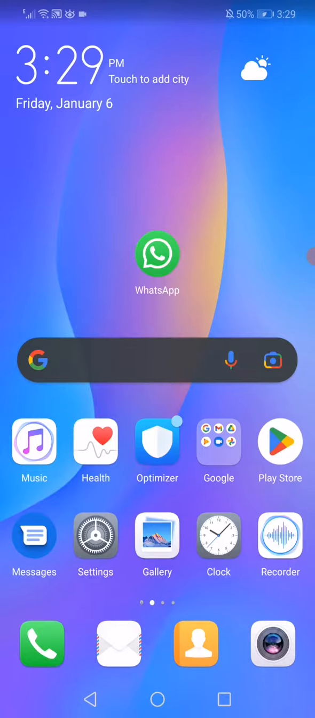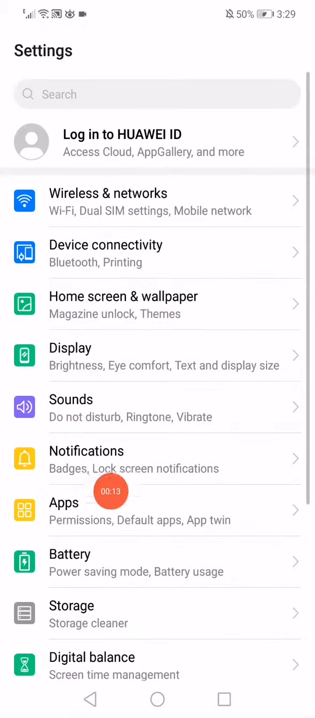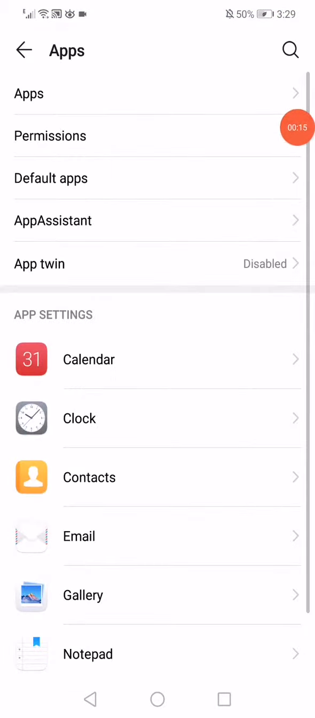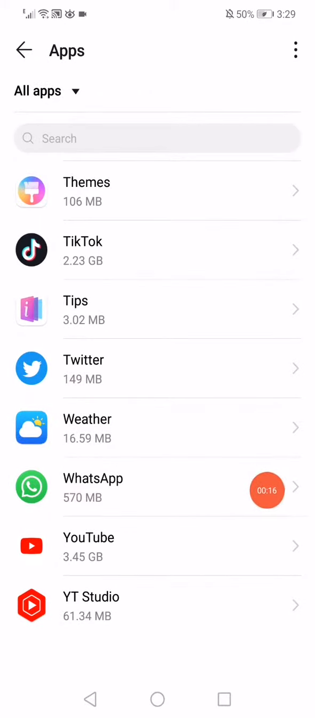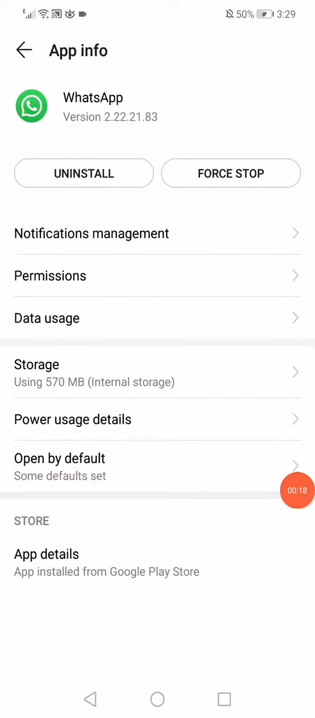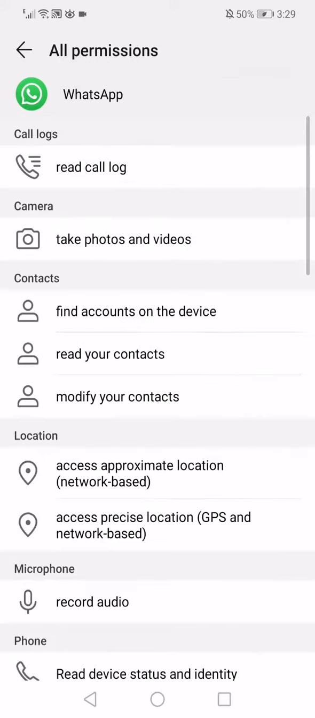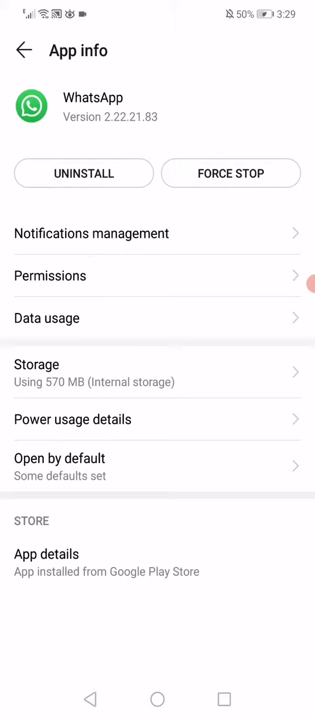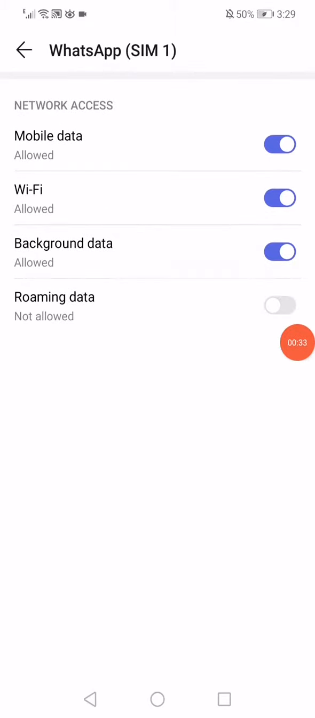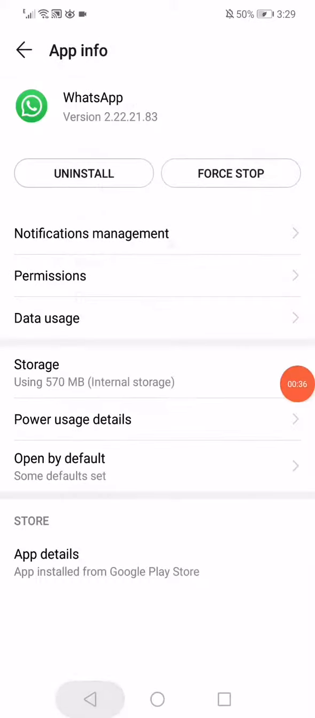First thing you have to do is open the settings, go to the apps, open the WhatsApp, click on this option here in the top, and then click on the permissions. Make sure to enable all the permissions, especially the calls permissions. Go back, click on data usage, make sure that all the network access are enabled, and last thing you want